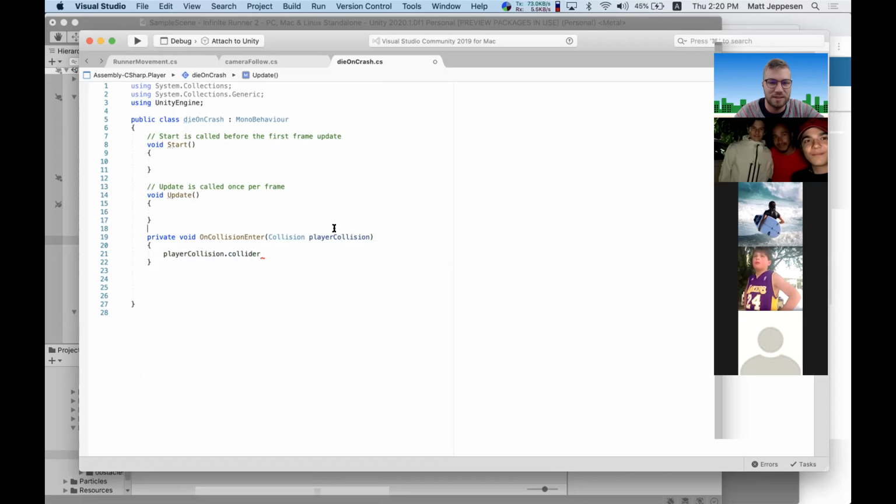So from the collision, find the thing that hit me, and then we're going to check its tag, and see if it equals something. So now I'm going to turn this into an if statement. If the collision's collider's tag equals obstacle,